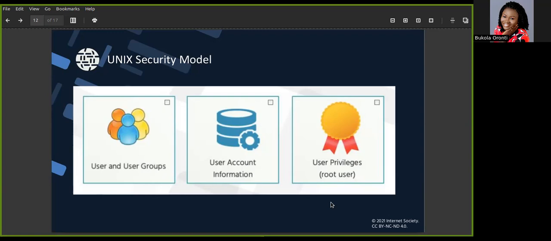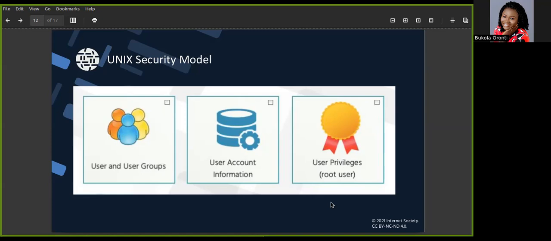Also, a user can be a member of different groups, and these user groups are identified with a numerical value. You identify it as GID. The user ID and the group ID are usually 16-bit numbers in older operating systems, while in modern ones, they are 32-bit or 64-bit. So I'm sure most Unix or Linux operating systems that we see today will be either 32-bit or 64-bit.